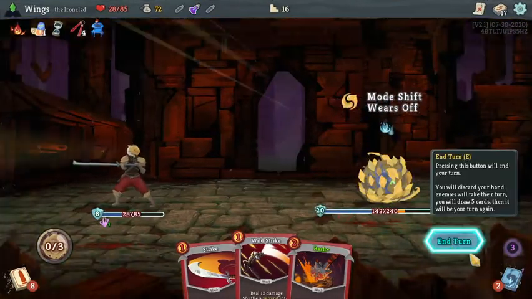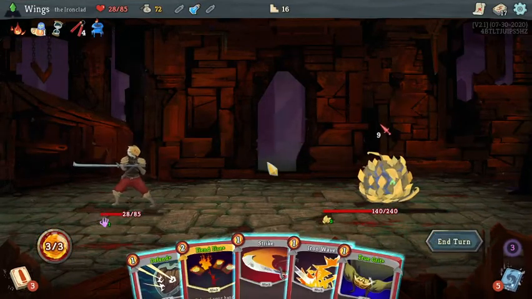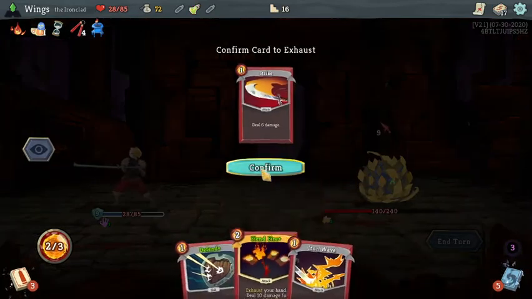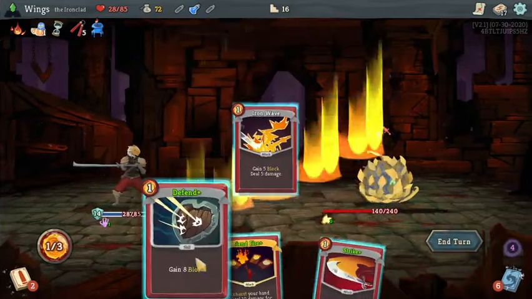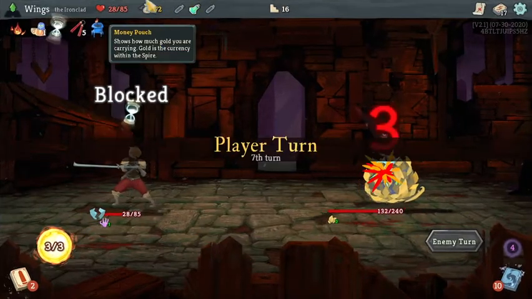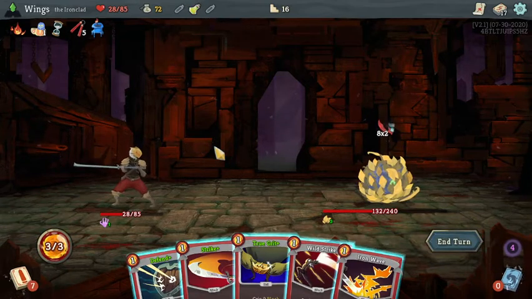Toss. Let's go. Scared of a strike. And we have so many defends for days. Let's see what this Entropic Brew is going to give us, actually. Actually, we should save that. Yeah, we should save that, because we're not going to need it for this fight, I don't think. We'll use it if we're in a pinch or something, but...